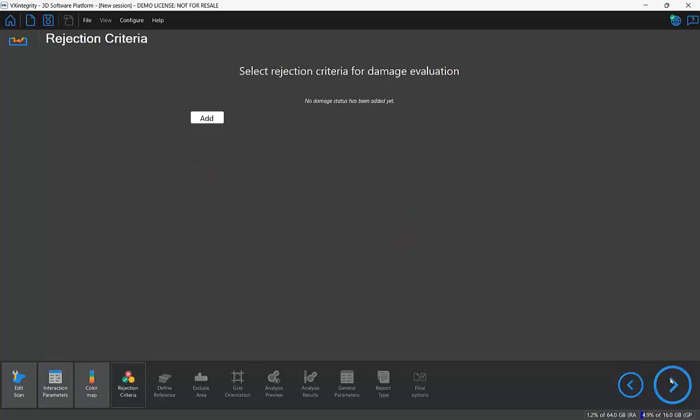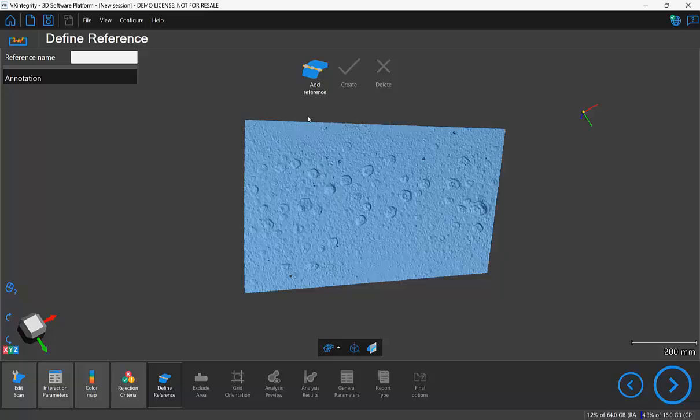I will leave the color map as is, and now for the rejection criterion, I'm going to add a deepest point at 3 millimeters. So anything that's deeper than 3 millimeters will be flagged as a fail. Now this step here is very optional, but I'm going to go ahead and add a reference line